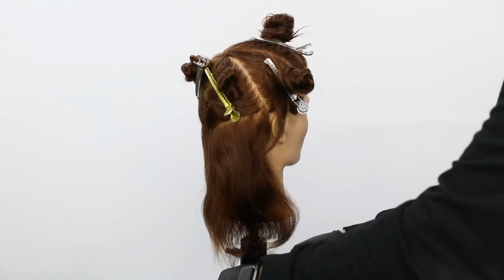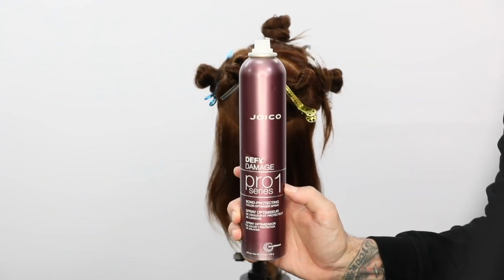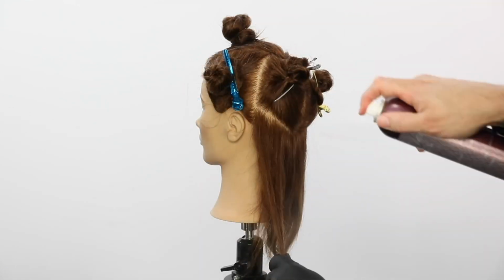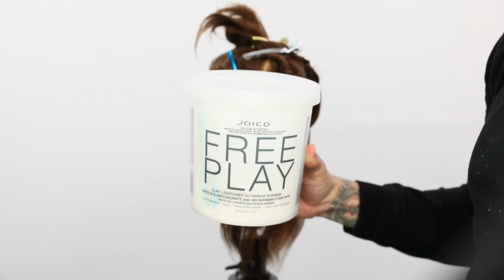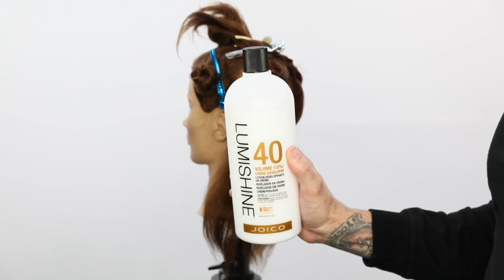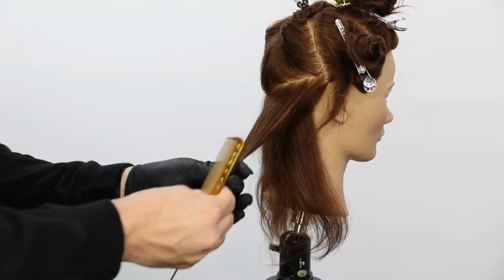All right, guys. So here is the air balayage technique. So basically what I did was I sectioned off the hair. I'm using Joico Defy Damage Pro Series 1. This is a bond builder that you actually spray on the hair, which is pretty cool. For me, it kind of separates everything out. Free Play is the clay-based lightener that I'm using, and then Lumishine 40 volume developer. And what I'm going to do is just work